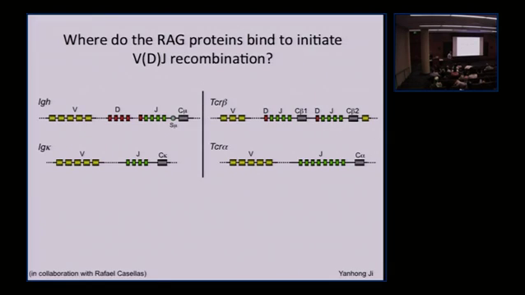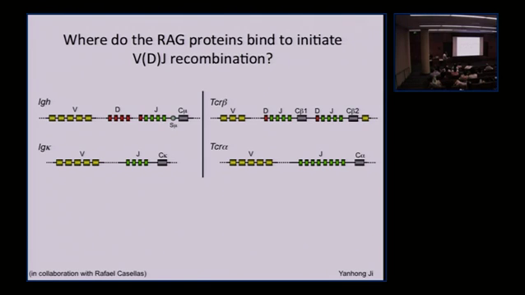So about 10 years ago, we set out to understand how this reaction is regulated, and our focus was beginning to just ask, hey, where in these large, complex antigen receptor loci, immunoglobulins and T-cell receptors, where do the RAG proteins bind to initiate VDJ recombination? And the answer, which was a lot of heartache and a lot of hard work through the work of Yanhong Ji, a postdoc in the lab,